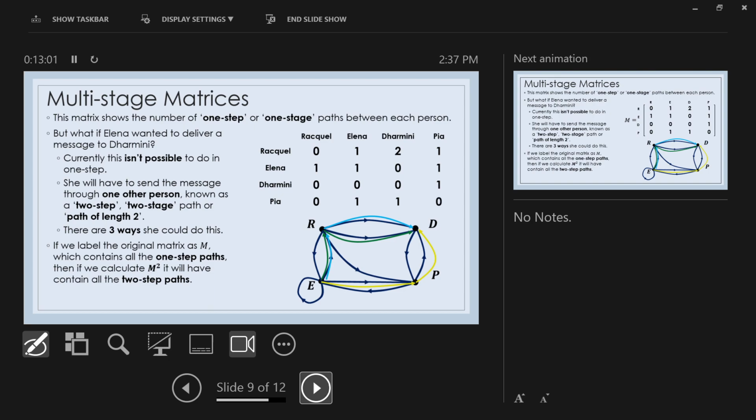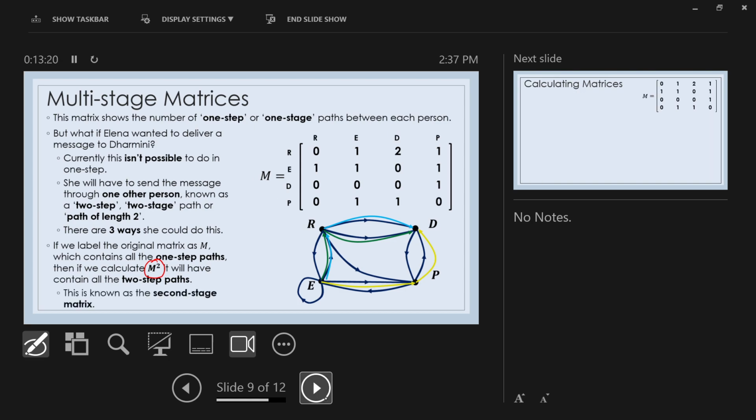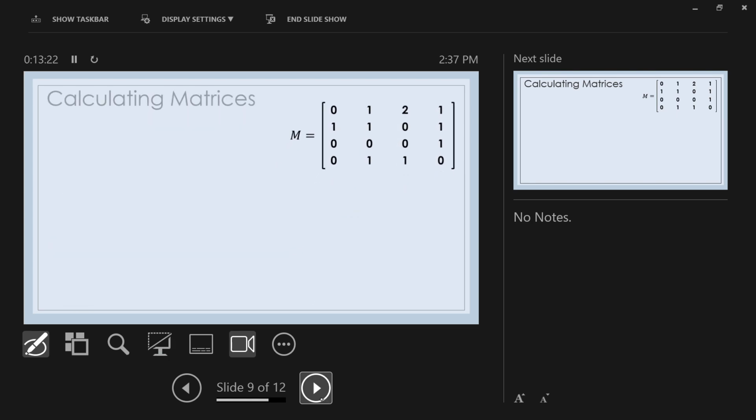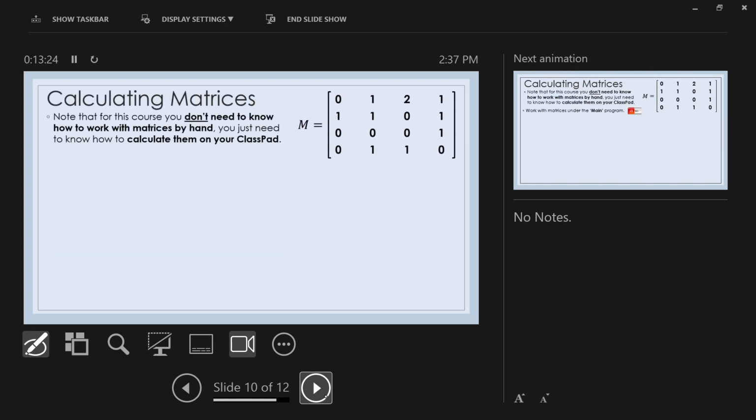So to create a 2-step equation, what you are simply going to do is square the matrix. Now, you don't actually need to know how to do this manually. All you need to know how to do is put this into your calculator. So you take your matrix like so, and you're going to square it. So within my matrices,